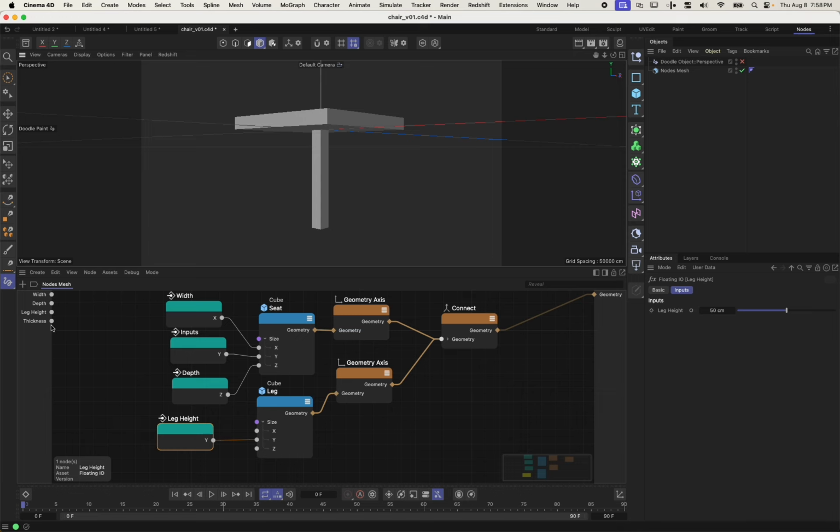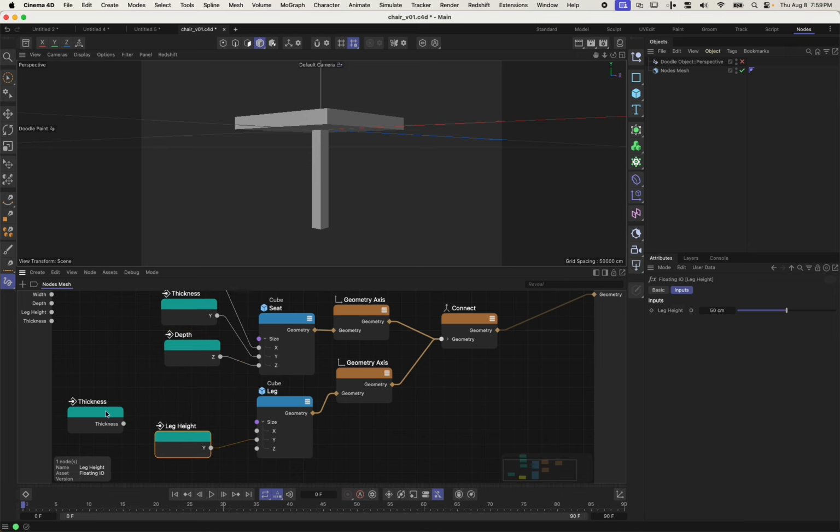So I'm going to X, Y, this is my thickness, excuse me. I want to grab my thickness. I'm just going to drag this out. I'm going to type thickness to name it there. And I'm going to use this thickness value for X and for Z. Now,